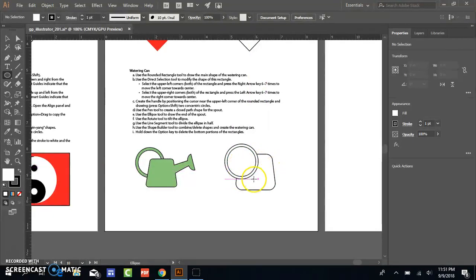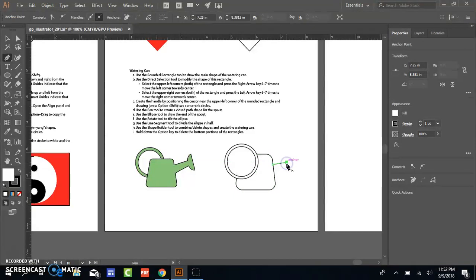When we go to our shape builder, we'll take care of that. That's not an issue at all. So now we want to create our spout. You can use the pen tool. Pen tool is up here, or you can press the key button. We want to be on the line of this shape, so it's going to say intersect when we're there. And then we're going to go ahead and left click, move over here and left click, drop down just a little,